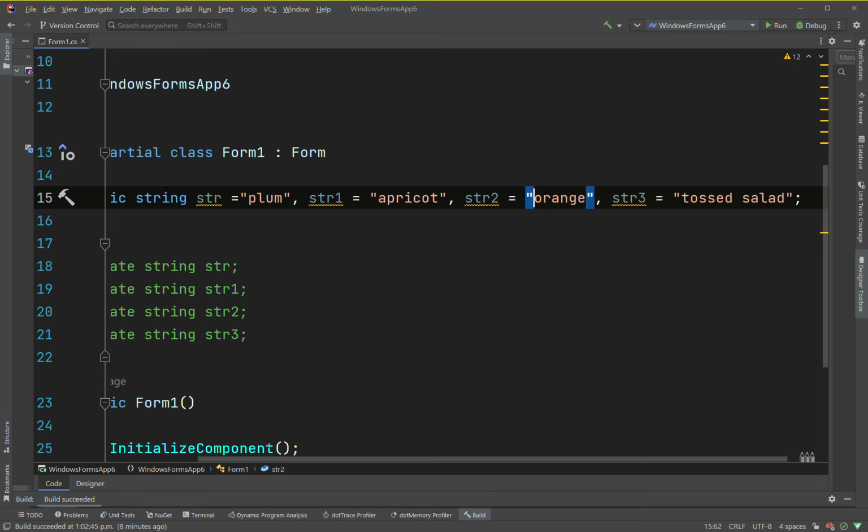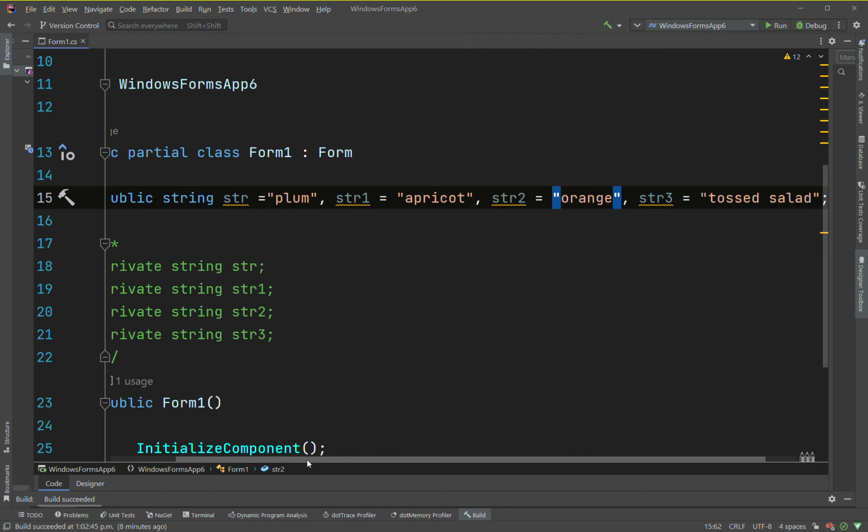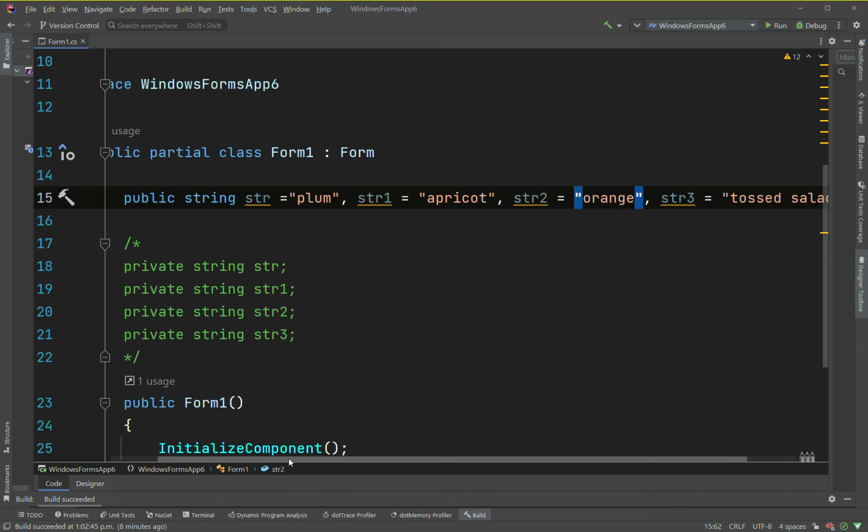Alright, so pretty much we have different variables here. So this is the same thing here as